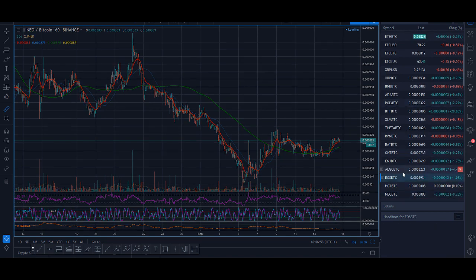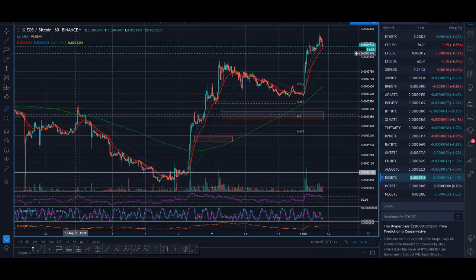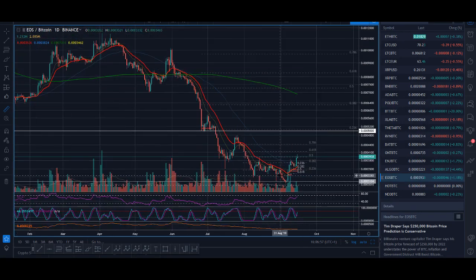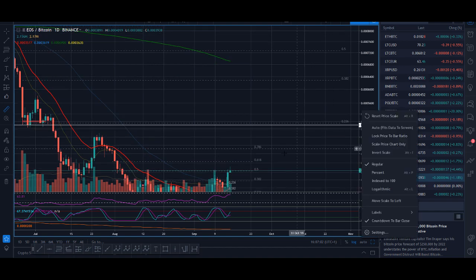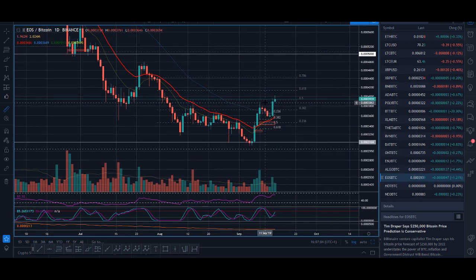There we go. So I'll trade EOS, so I know it's on my watch list. EOS has a daily time frame change. If you're aware of Elliott waves, this is a move that looks impulsive, and when you see an impulsive move, it usually pulls back and continues that move.